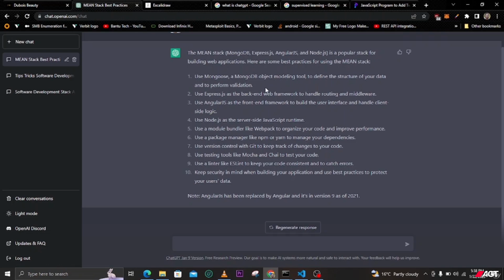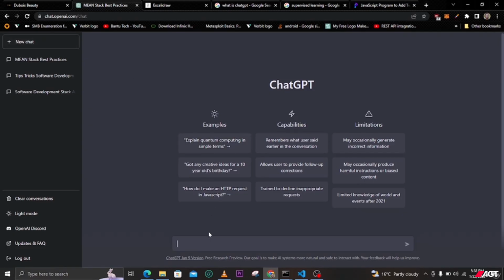So I can come here and create a new chat again, and right now I want ChatGPT to create a timetable that will help us to learn software development maybe in 6 months and land a job. It will keep us organized, because through this timetable I can arrange myself, and also I'll have a direction on how I learn software development. So right now I can ask ChatGPT, write a timetable